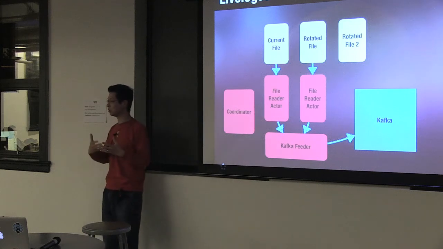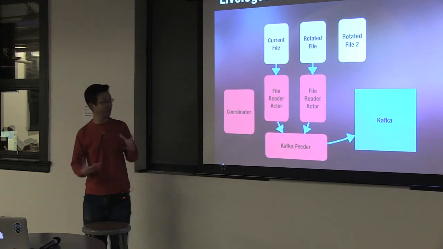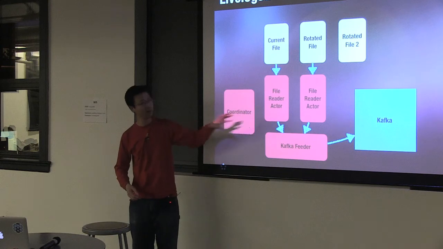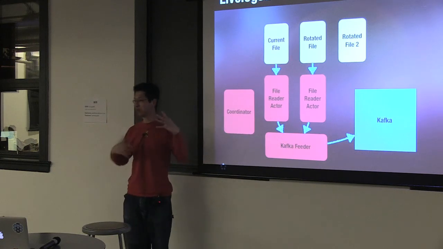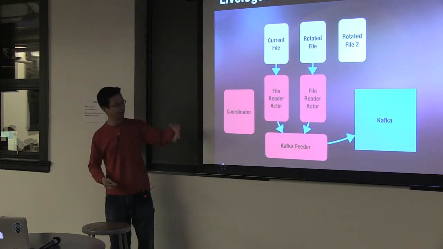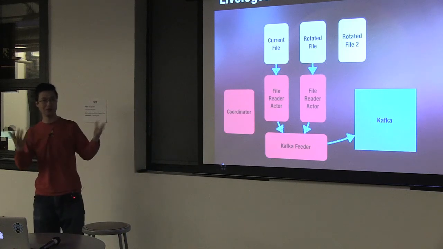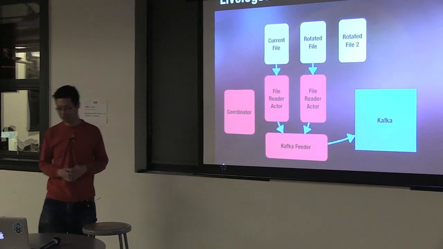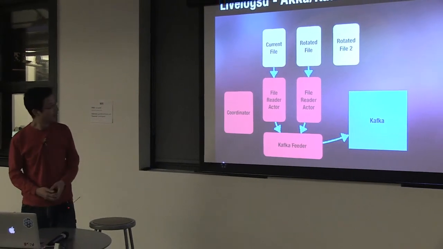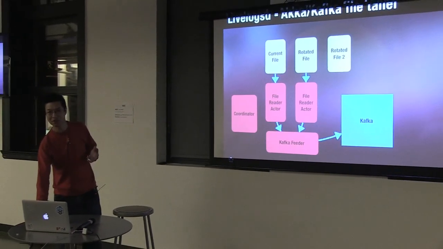As you're reading files, you get new files, that's another event. Or rather, when you detect a new file, we create a new actor. Actors are very cheap to spin up. So it can handle many thousands of log lines and allow us to do some coordination on top of that. So that was our first foray. That works pretty well. We still have it in production.